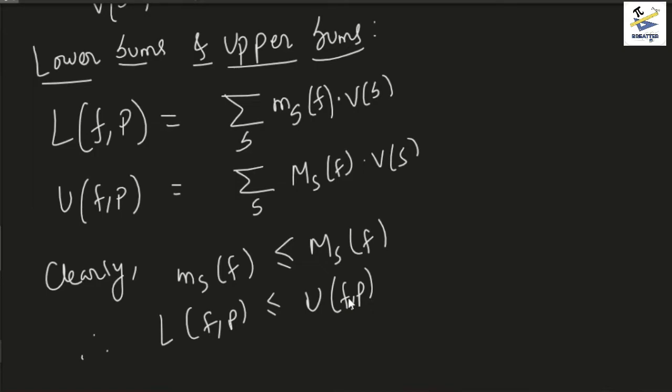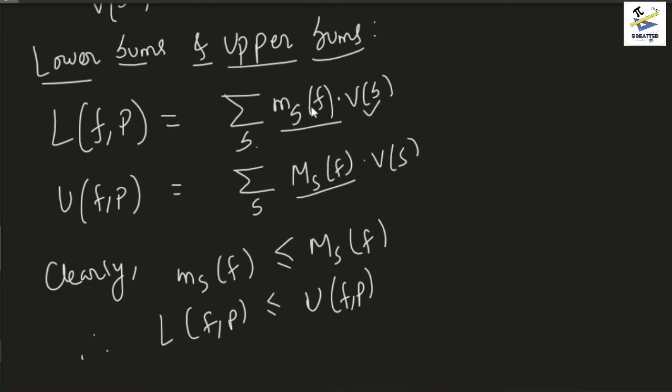So that is also one of the ways to do this problem and understand these properties of lower sum and upper sum. Basically, what we are doing is we are taking each subrectangle. We are trying to find the infimum in that. We are trying to find the maximum in that, or the supremum, and we are trying to multiply it for